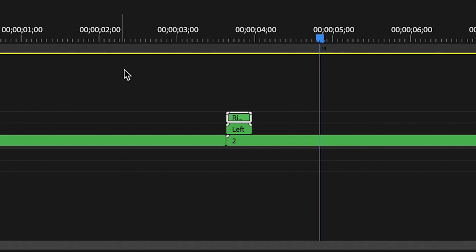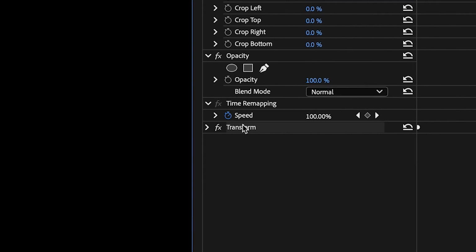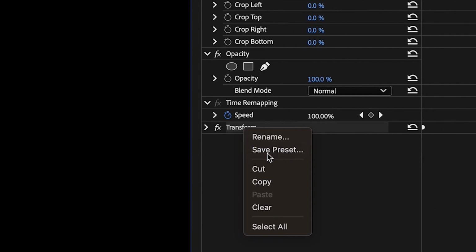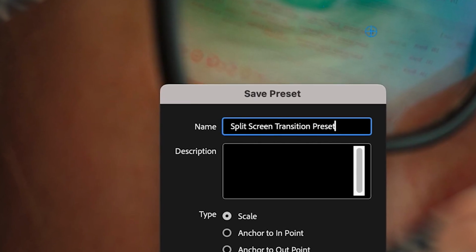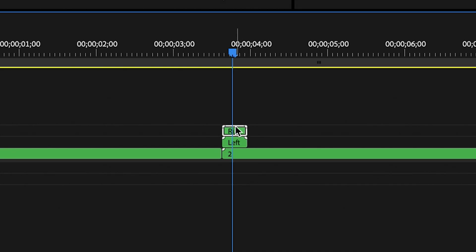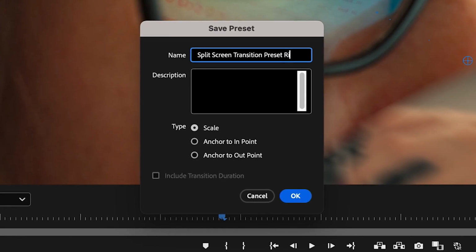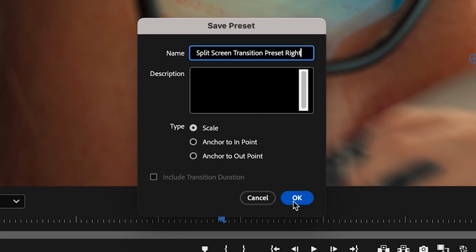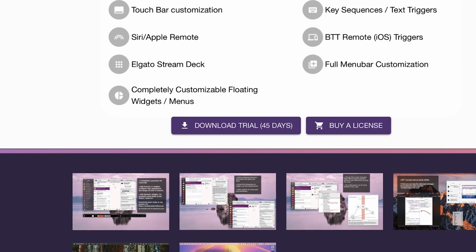timeline. Then with the lower adjustment layer selected in your timeline, go to the effect controls panel, right click on the transform effect, select save preset from the pop-up menu, rename it to split screen transition preset left and click OK to save it. Do the same with the upper adjustment layer selected, but rename the preset to split transition preset right, obviously. Last but not least, make sure you have the free trial version of the app BetterTouchTool installed